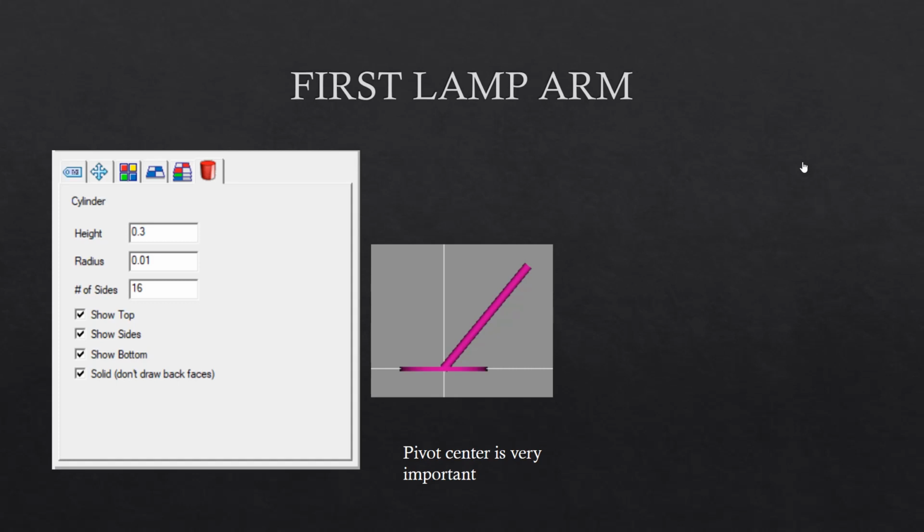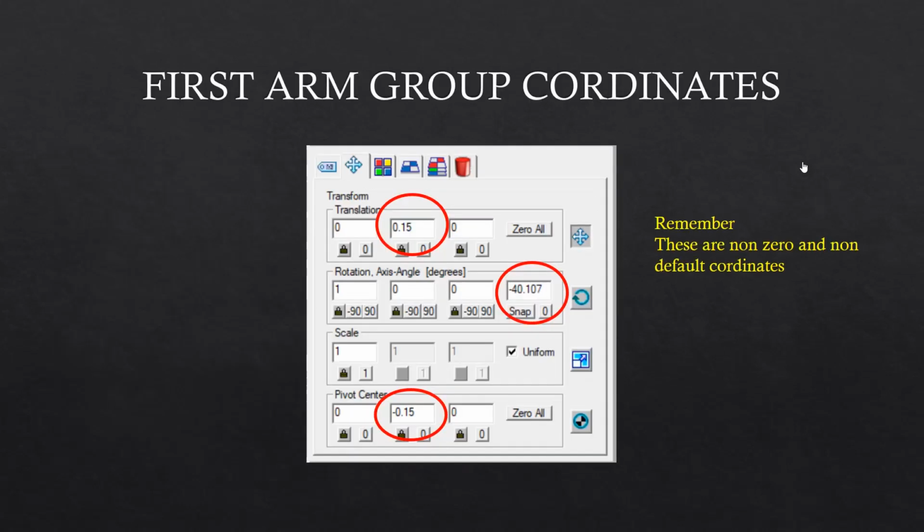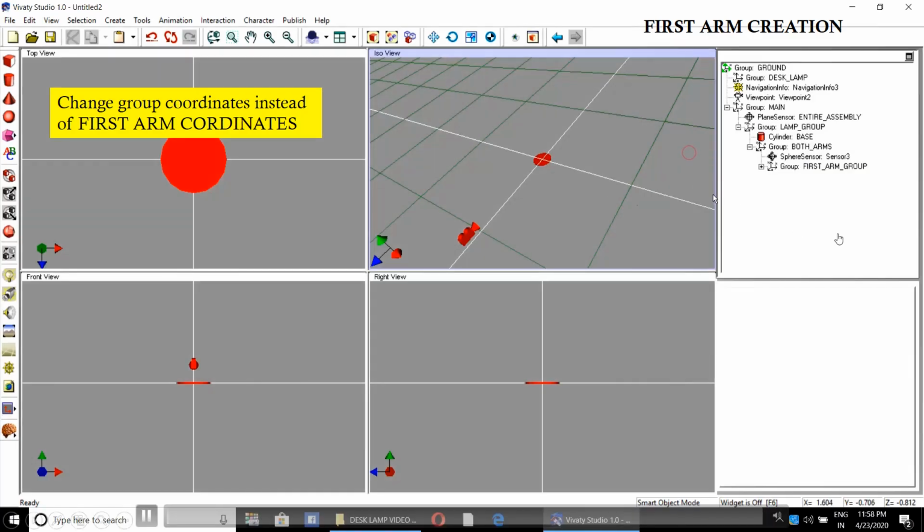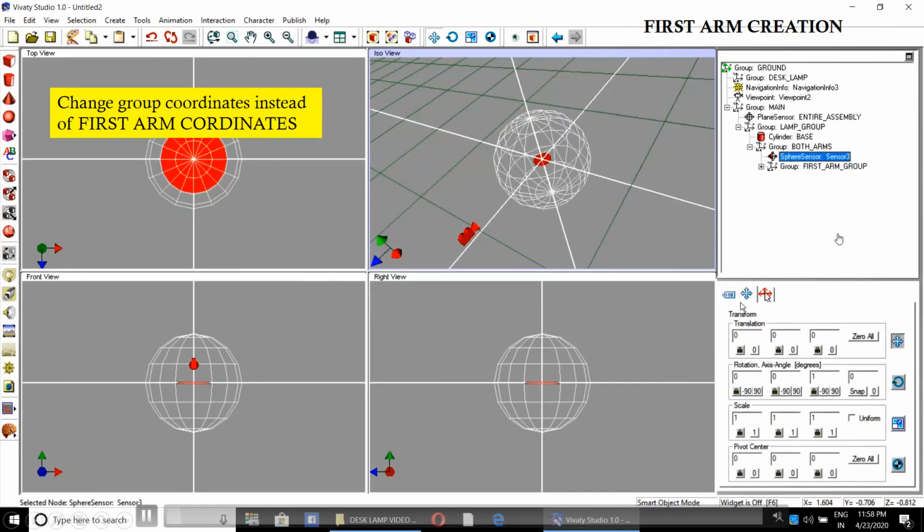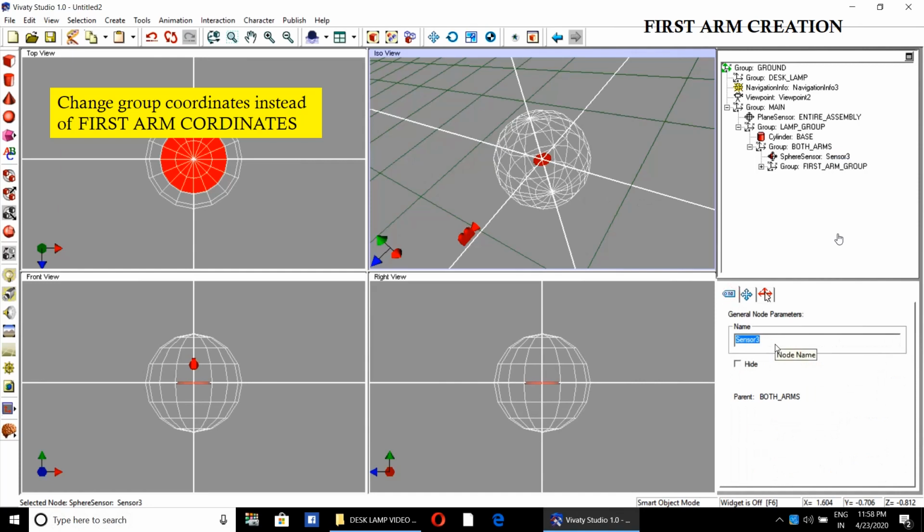Then there will be first arm. These are the dimensions. Then you have to remember that you have to adjust the group coordinate, not the coordinates of the arm. Now we will rename the sphere sensor. It will be called as move first arm.